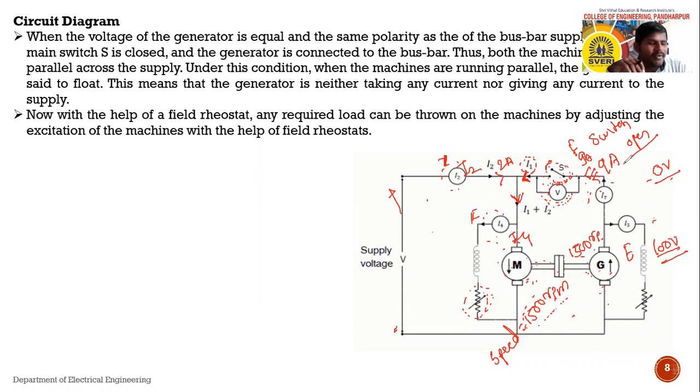Now we require that when the voltmeter is connected across that switch, it reads 0 value. Then and only then are we able to close the circuit, or then and only then are we able to close the switch.